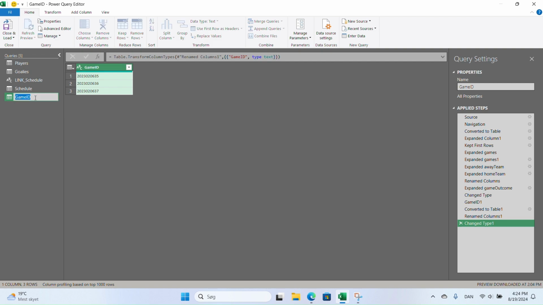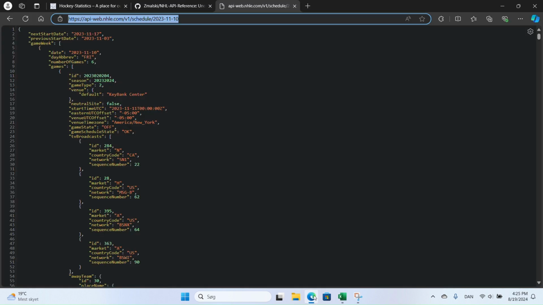So we'll just call this one play-by-play data because that's what this table will end up being. And let's just duplicate it because we also want to have shift data. And in both these cases, the starting point is the game ID. Okay, so now let's go back to our